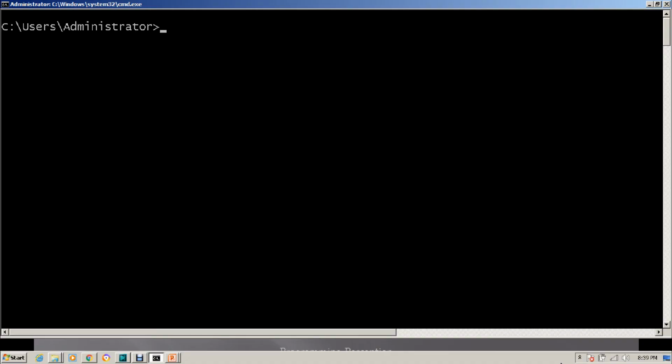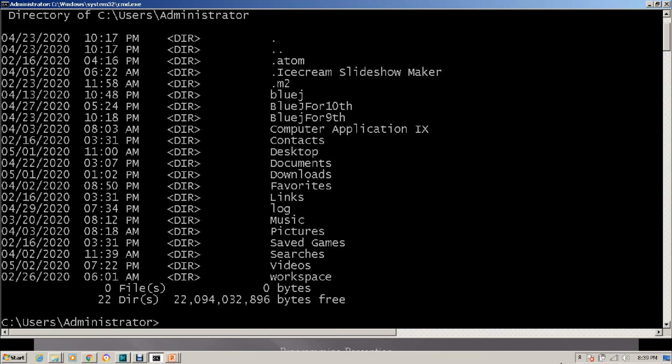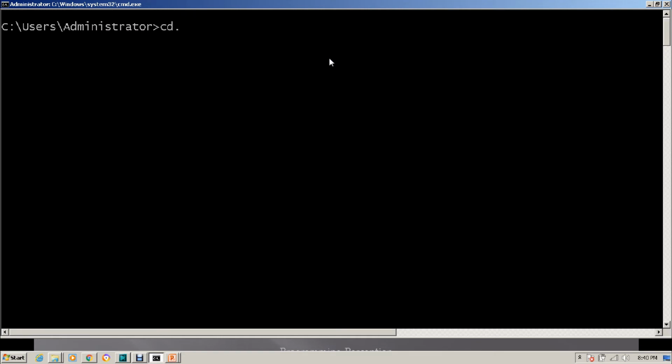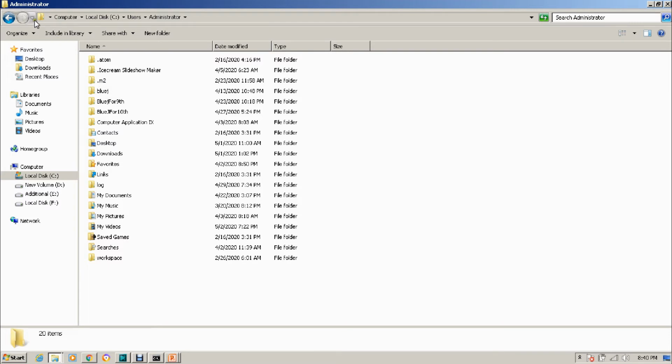So if you see the content of a current directory, you can see the dots over there, the first 2 entries, . and .. I can enter cd . and cd .. Well, cd . is not going to make any change, but when I enter cd .., okay, you can see it is taking me out of the administrator. It is taking me back. So administrator directory was in users folder, or administrator directory was in users directory. So it will take me back to the users directory now. The same thing we were doing on the Windows, if you remember, by clicking on this back.